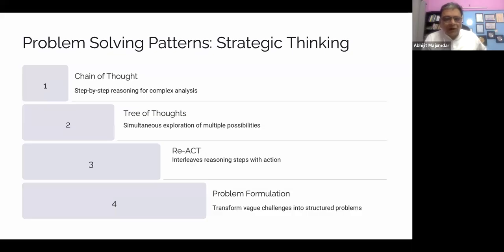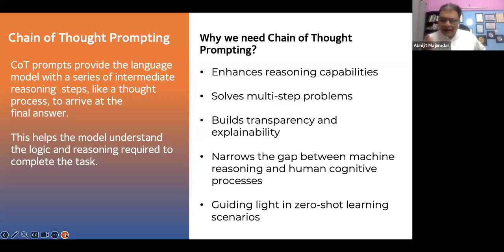Okay, let me explain. These are the explanations. You can read them through. I think I have explained them to you very clearly. So it enhances the reasoning. Why do we need reasoning capabilities? For multi-step problems. Of course, it builds transparency and explainability. Because when you are going step by step, you know what you are doing, and you have a reason why you are doing it. When you know what you are doing, that is transparency, and explainability is why it is being done.